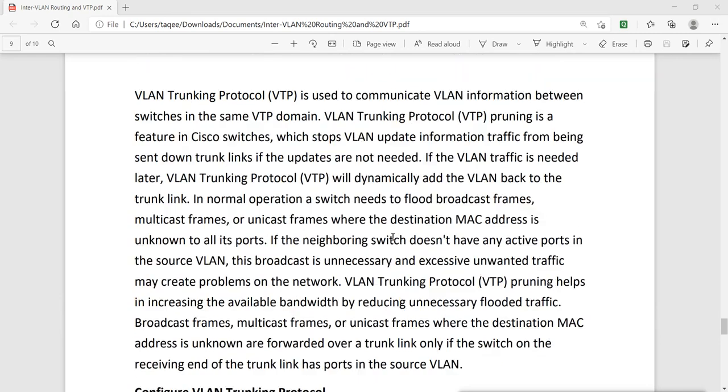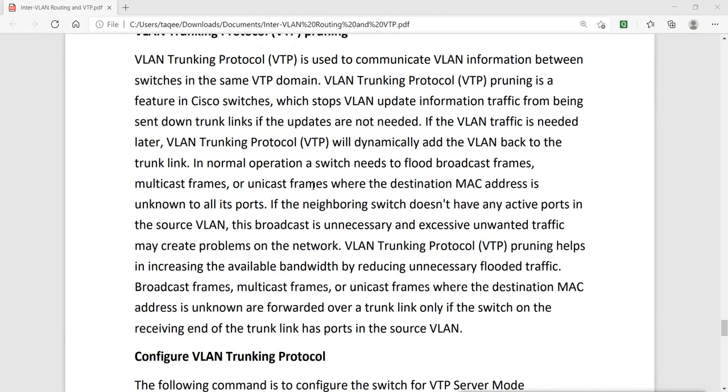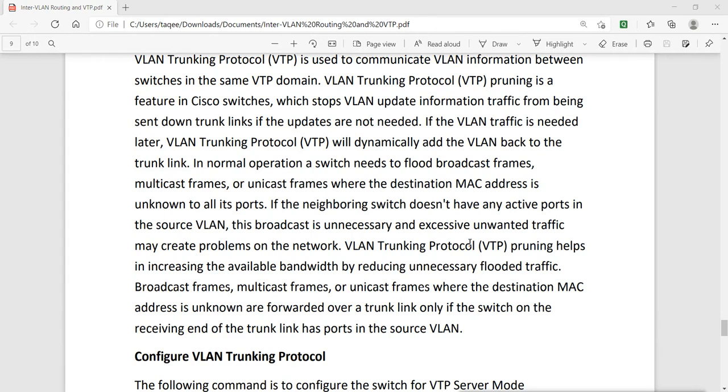It is very simple. What it does here: suppose we have one server switch and 10 client switches, and one of the client switches does not have a VLAN which we have configured on the server. That means no port is added into that VLAN. Like we have created 3 VLANs on the server.